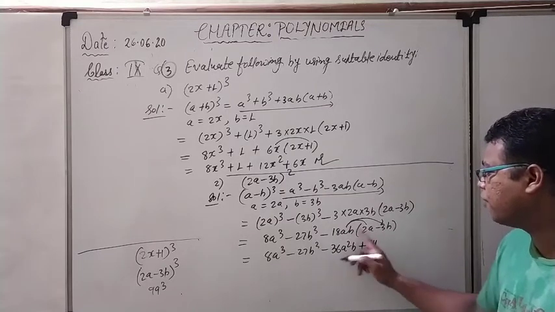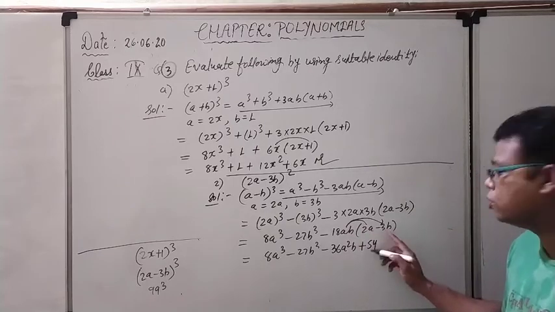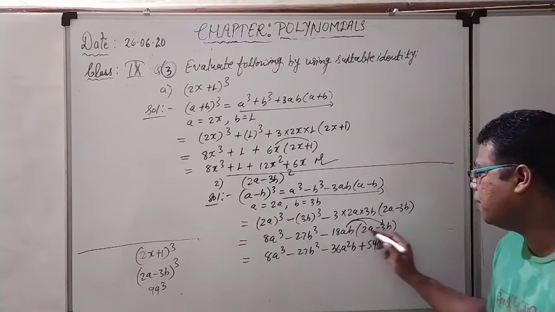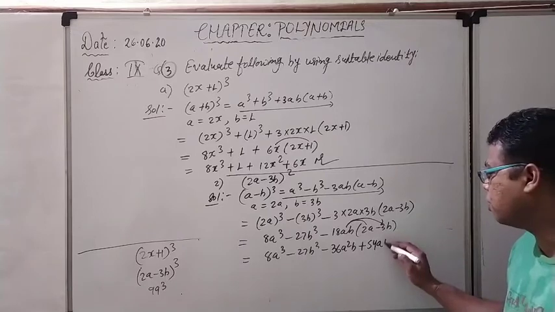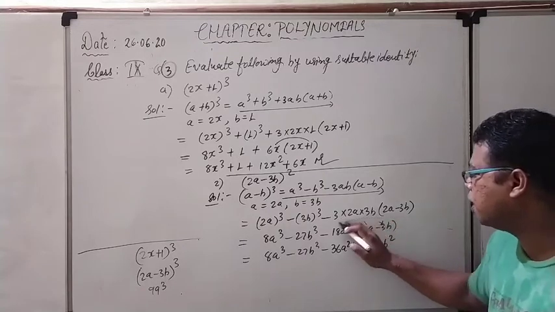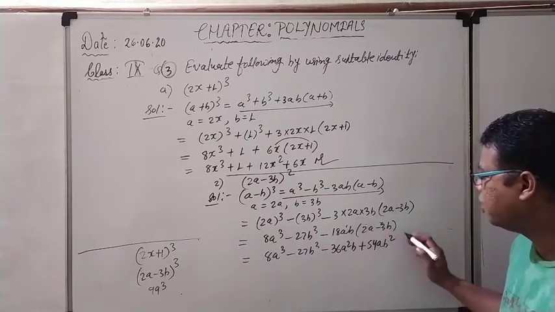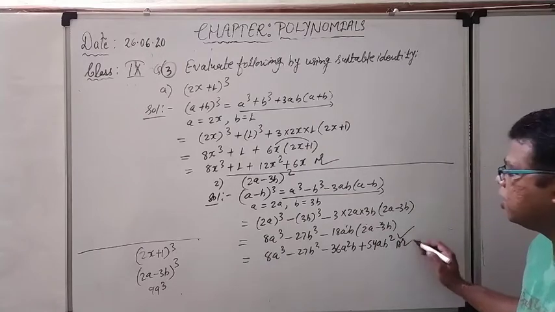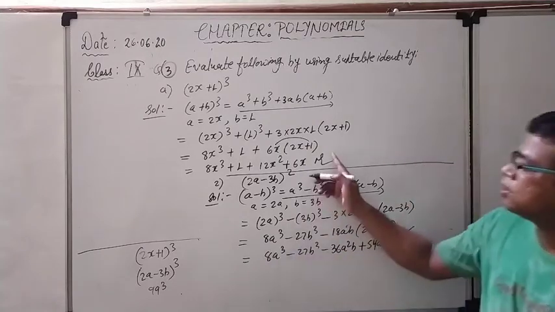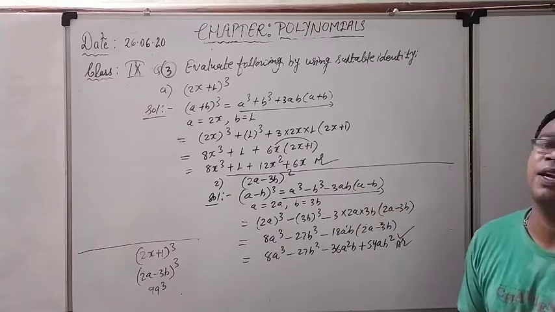Multiply the digits first. After that a, is there any a? No. So only a is coming one time. B and b are coming 2 times, so b square. And after that you may rub this, so that you should practice again and again. Then only you will find the correct answer. So this is the solution. Very easy kind of solution.